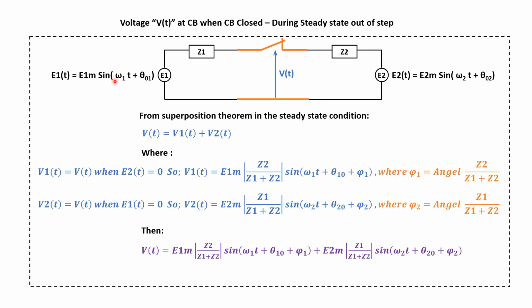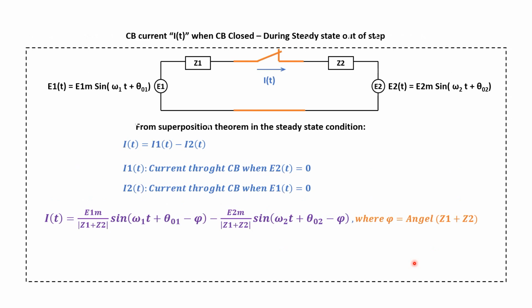which is what we see: the initial value of the voltage plus the ratio between impedances, which is added to that. So this is the equation of voltage at this point. And then going to the current,